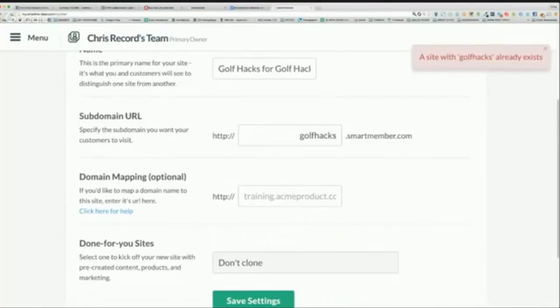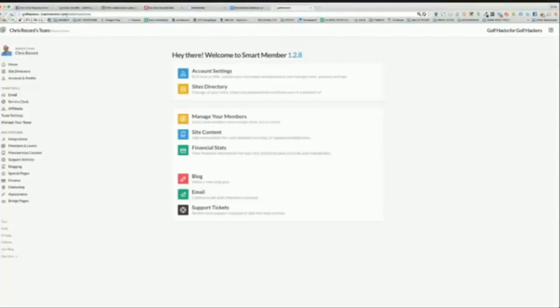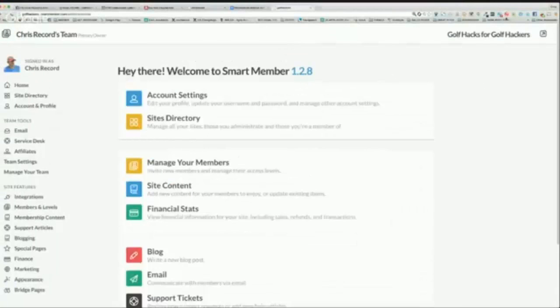Oh, somebody already has golf hacks. You guys are way too good. You guys are way too fast for me. Come on, you can't steal golf hacks. Okay, so golfhackers.smartmember.com is this site that I just set up. So when I set up this site,